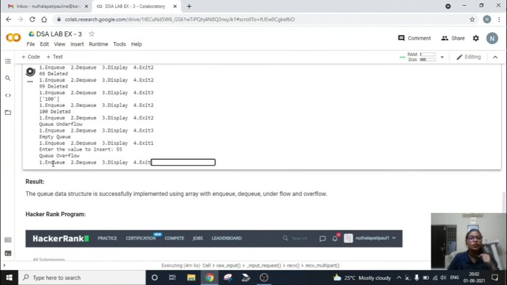But it is still showing the queue is overflow, which means the procedure we are following in this program, this array implementation, is called the naive way. In this naive way, we cannot insert values once the values are deleted.